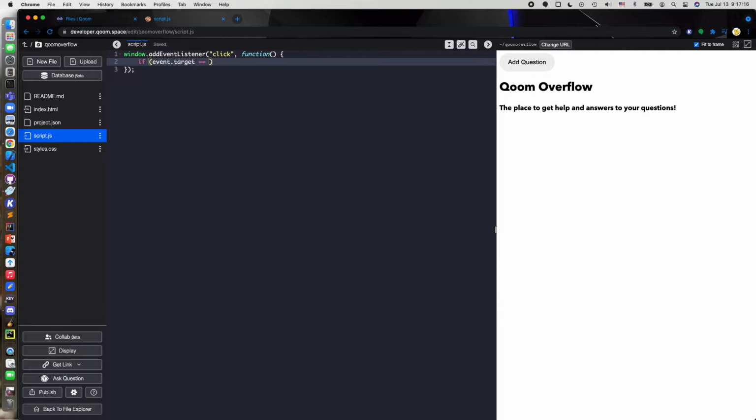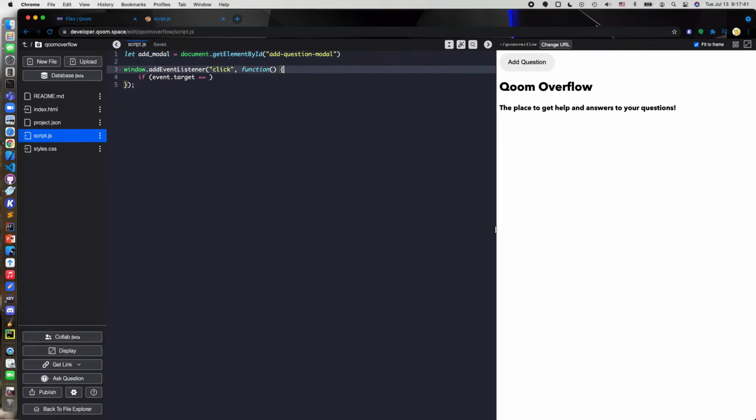So if event.target equals document, actually I'm just gonna shortcut this. I'm gonna put a let addModal equals document.getElementById, addQuestionModal, and